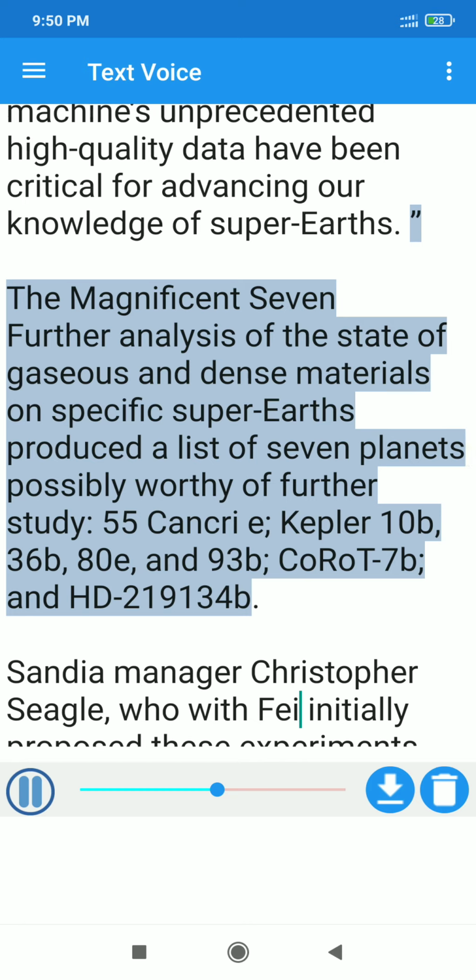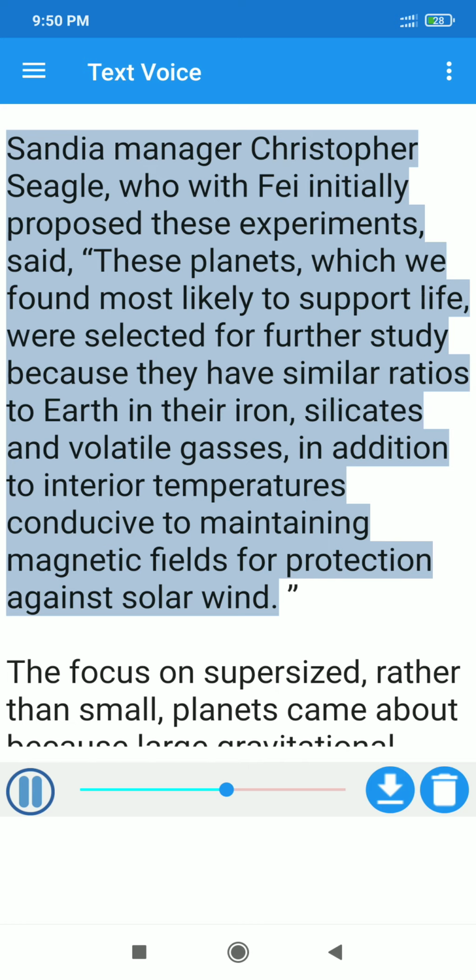The Magnificent Seven. Further analysis of the state of gaseous and dense materials on specific super-Earths produced a list of 7 planets possibly worthy of further study: 55 Cancri e, Kepler 10b, 36b, 80e, and 93b, CoRoT 7b, and HD 219134b. Sandia manager Christopher Siegel, who with Fei initially proposed these experiments, said,